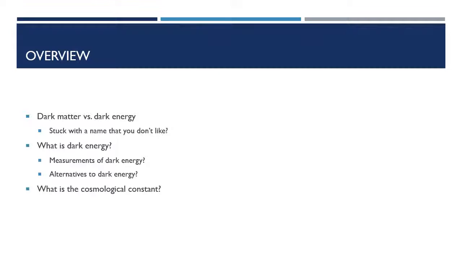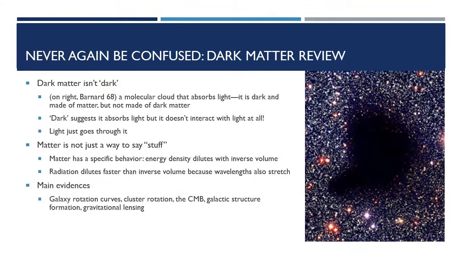So just an overview first of all, and a brief review of some of the material from dark matter, and how is dark matter different from dark energy. Many people can get them confused, and ultimately both of these are really inadequate names for what the stuff actually is. But what is it, and how did we measure it? What alternatives might exist to it, and how does this lead into the cosmological constant? And in particular, there's a cosmological constant problem that will be the topic of the next lecture.